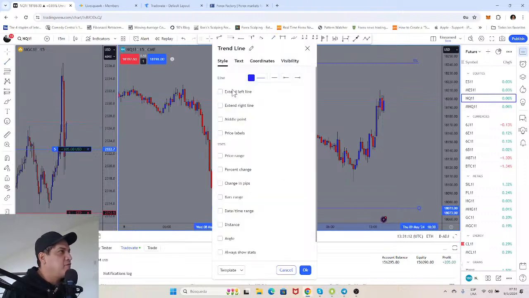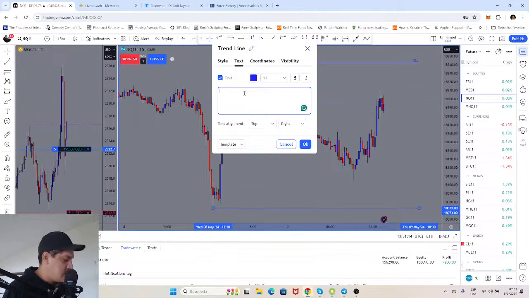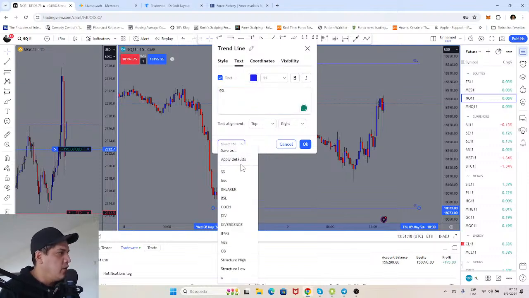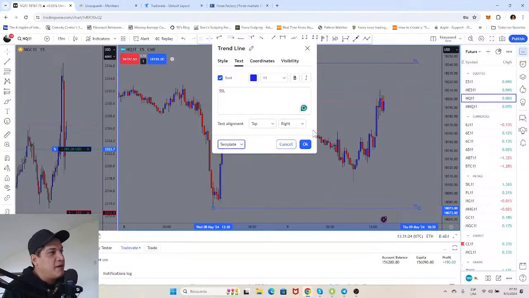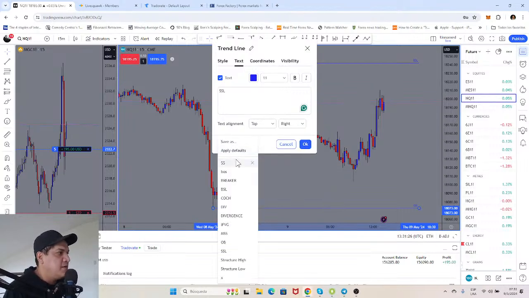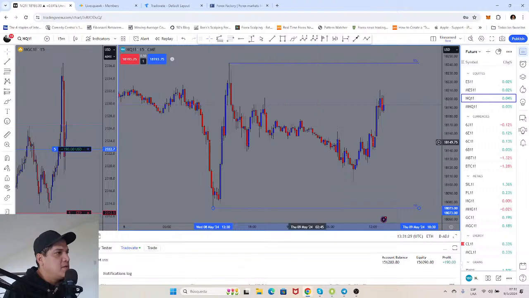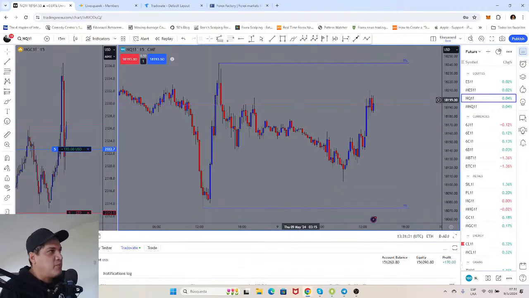That, my friends, is what we have right now. That's sell side liquidity. Now we are just waiting right now. We are just waiting for price to, you know,